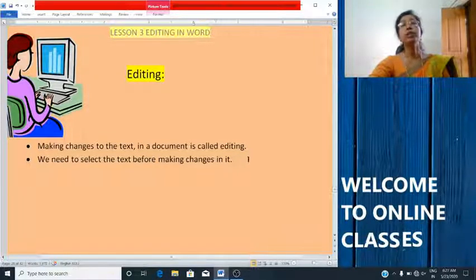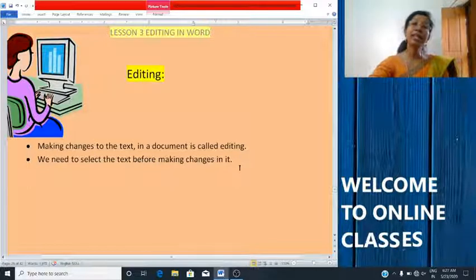The mouse pointer shows the place where the text can be inserted or deleted. We need to select the text before making changes. Before making any changes in the text, first we have to select the text. Okay.